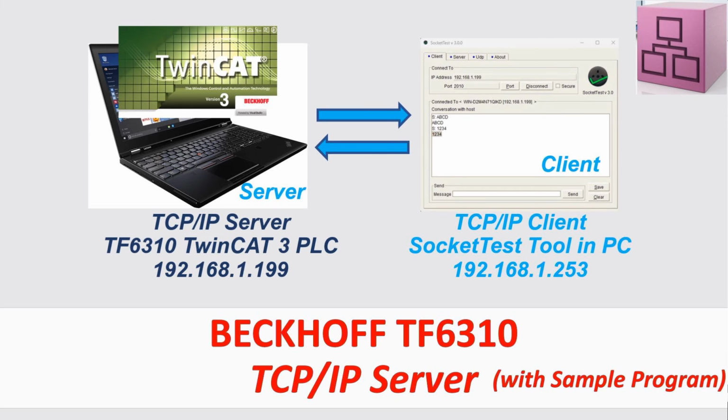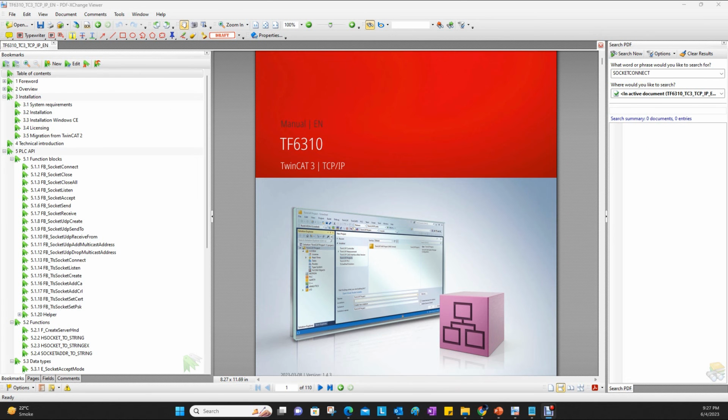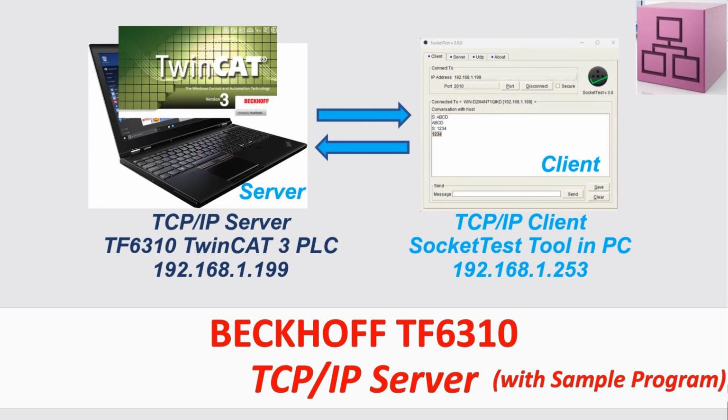Hello everyone. I'd like to use two videos to show how we can implement the TwinCAT 3 TCP IP function by using TF6310, this software. And in this video, I will show how we can use TwinCAT 3 TF6310 running as a TCP